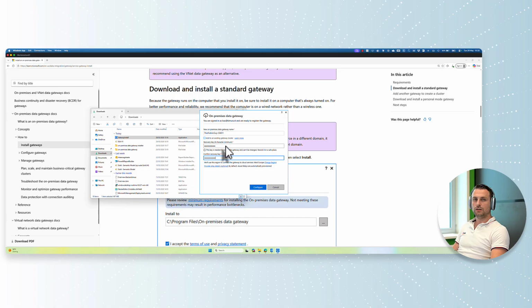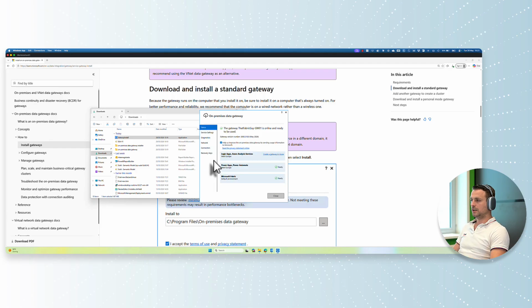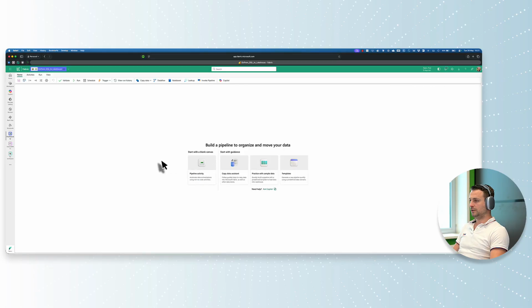The recovery key is needed to restore an existing gateway. This is basically a key that's used to encrypt data that's being sent by the gateway. All right, and now the gateway seems to be online. That means that we should now be able to move into Microsoft Fabric,